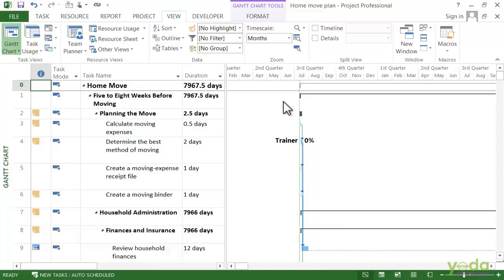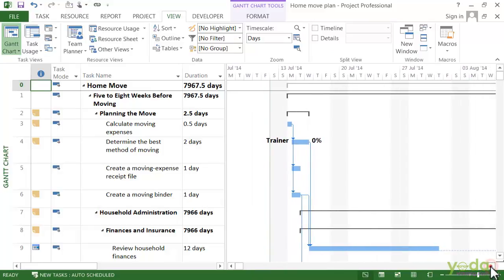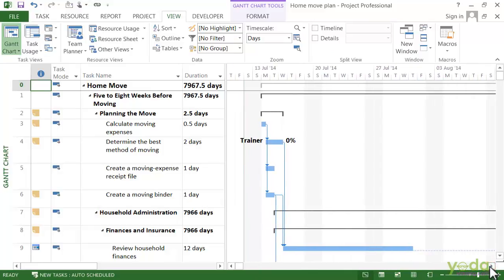And you can see the task bars get very short, showing more of the date range. On the other hand, if you really want to zoom in, you can choose the days. You can scroll it towards the right so that it is visible more clearly. In this case, we will go back to the weeks.